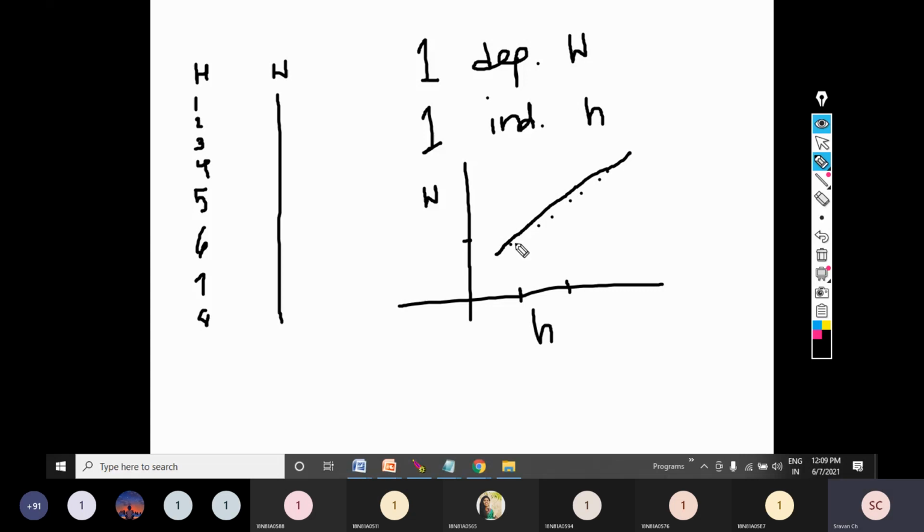And I draw a line like this, right? So friends, this is nothing but we are trying to apply the concept of y is equal to mx plus c. Y is equal to mx plus c. So this m is nothing but the slope. This m is a slope.